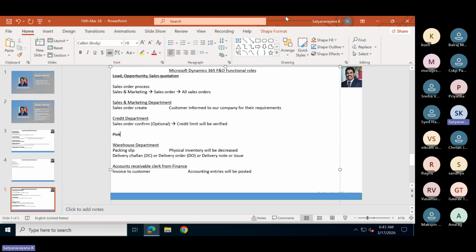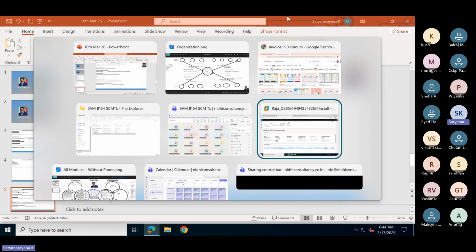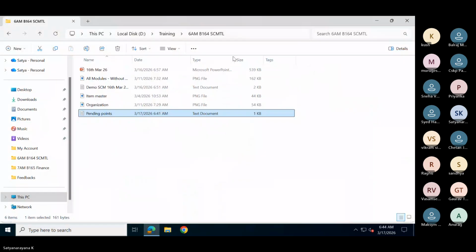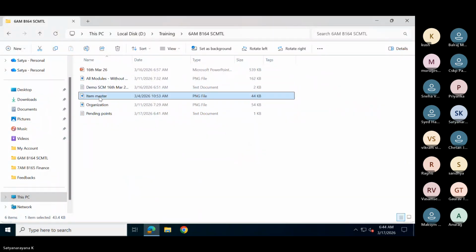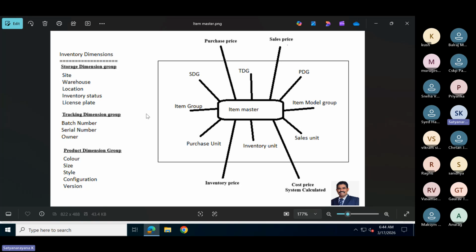Proceed. In this sales order creation, we have a site, which is nothing but a warehouse. When we have multiple warehouses, how do we consider which warehouse to pick from? For that, I'm going to cover one more topic, the item master. Suppose this site is Hyderabad.